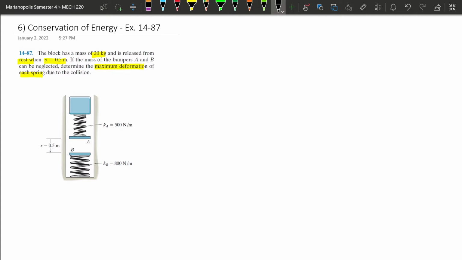The formula for conservation of energy is T1 plus V1 is equal to T2 plus V2. In this case, we're starting from rest, so we know T1 is going to be 0, and we're going to end at rest as well, right? So our T2 is also going to be 0, because when we have the maximum collision, the velocity is going to be 0. So now we need to figure out what our V1 and V2 are,